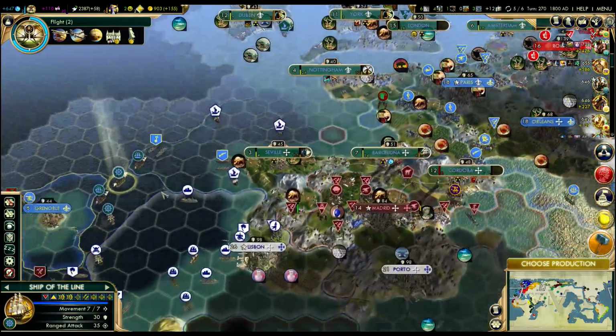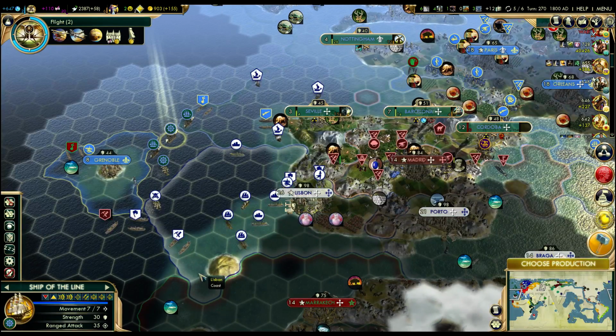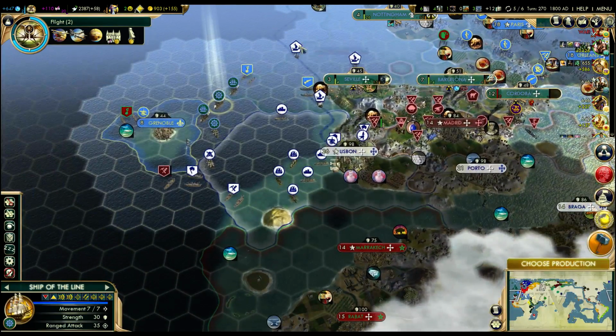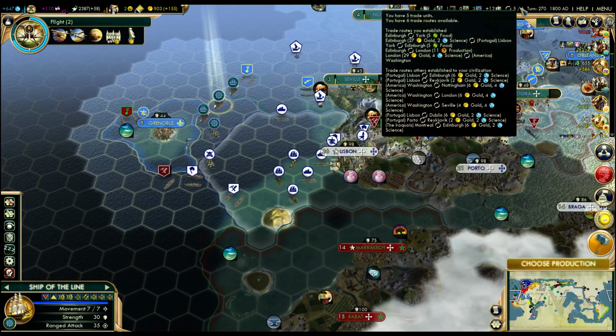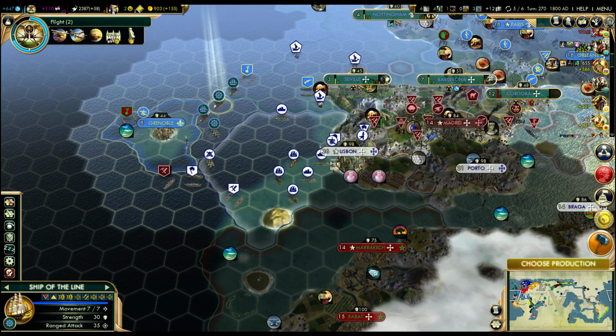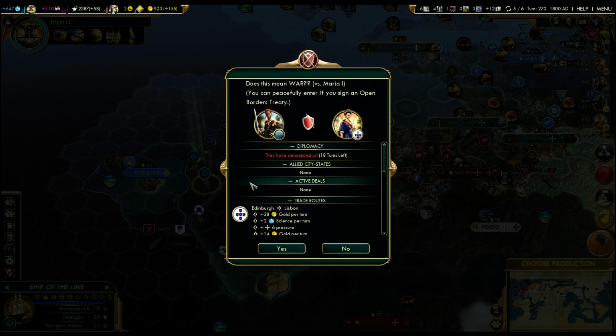And as for these guys, should we try to take Lisbon? It would give our fleet something to do. We would have tons of cargo ships to pillage. We would definitely get more gold off of them than just letting, well, gold per turn at this stage. If we were to declare war, we would lose 28 gold per turn, which is actually pretty...